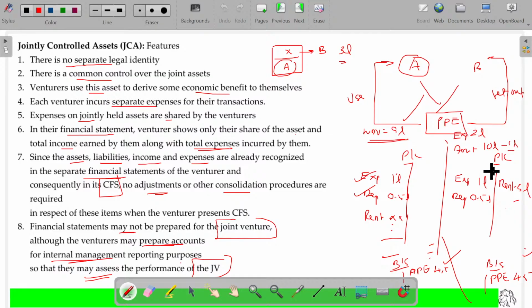Rarely, in this case, only revenue is there. That revenue is not for A alone, because the asset is for A. Usually, in jointly controlled assets, no. We assume A and B both are in need of such an asset. As both are in need of such assets, they may be considered as used by A and B only, not for revenue generation purpose, but for their requirement. Is that okay?